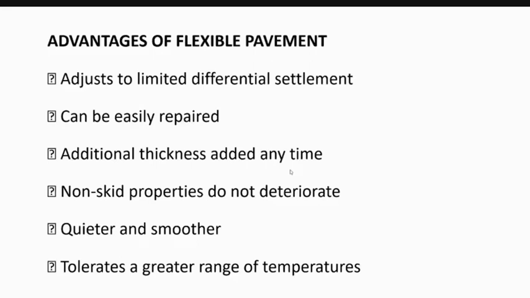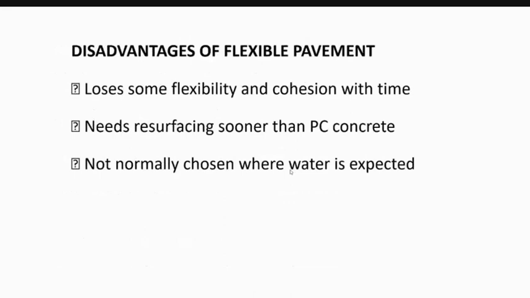Or if you are taking some of the desert locations, then the temperature variations are very large. Then with respect to different climatic conditions, we can select different grades of bitumen, and that variation in the temperature can be easily adopted for the construction of flexible pavement. Some of the major disadvantages,